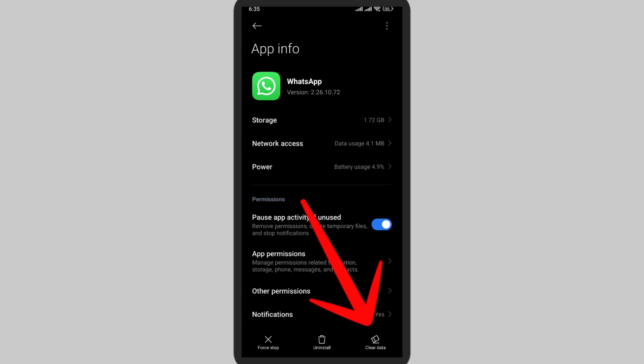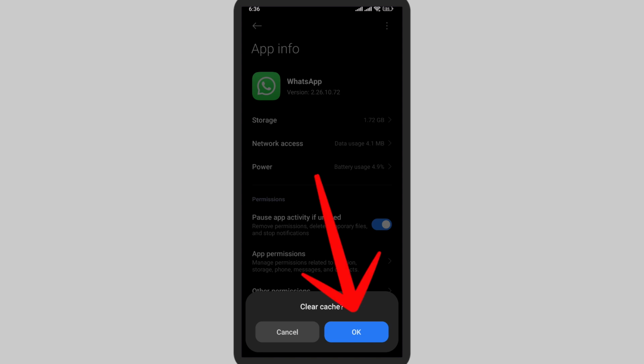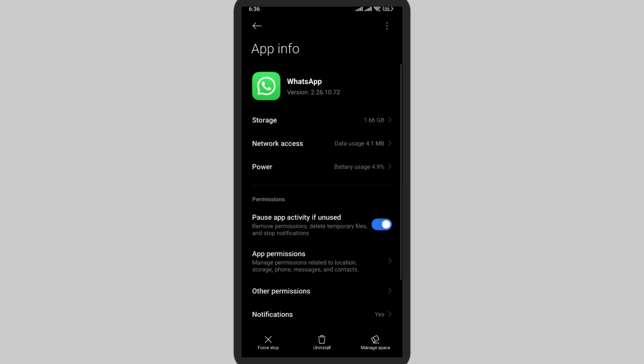Now here on the right bottom, you can find this clear data. Tap on clear data. Here there are two different options, manage space or clear cache. Simply hit on clear cache and at last tap on OK. Now it will take some time, so all the temporary files are completely gone. You can simply go back